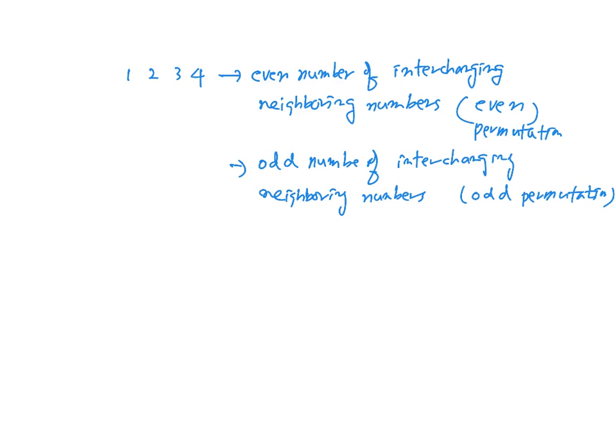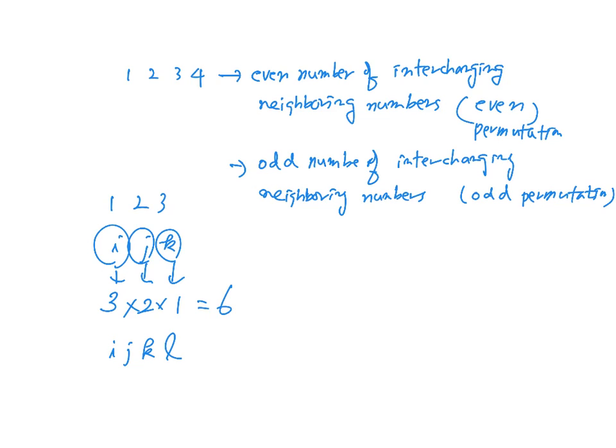So how many different possibilities do we have? For example, if we have 1, 2, 3, how many terms do we have? I, j, k. The first index can have 3 choices, right? Once we choose 1, the second index has 2 possibilities, and the third choice is 1. So there are 6 terms, right? If you have 4 different indices, I, j, k, l,